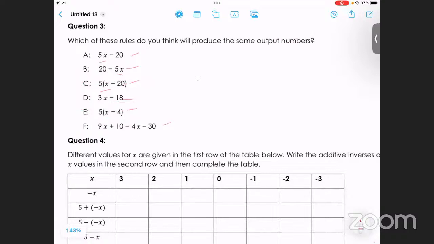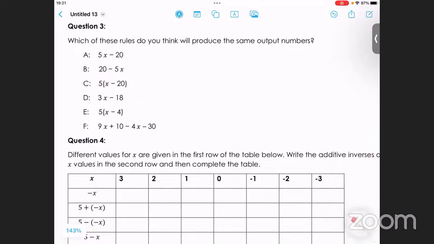So they can only produce the same product if they are the same, or multiples of the same, right? So we have A, B, C, D, E, F. And when you look at these whole expressions, the ones with